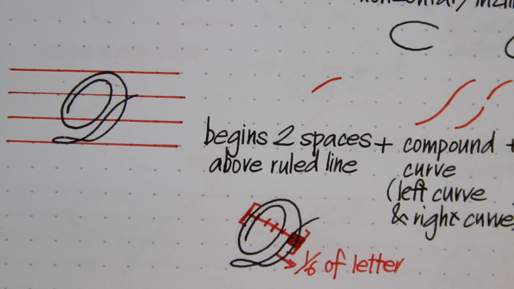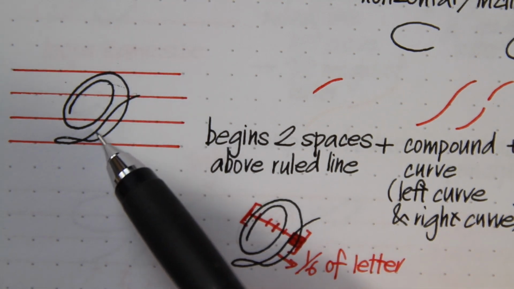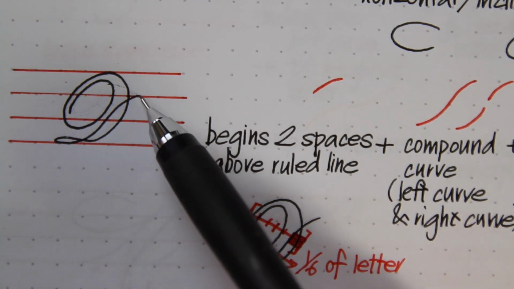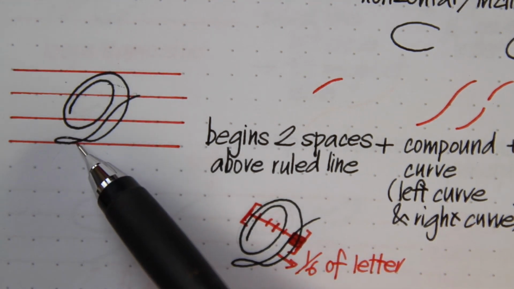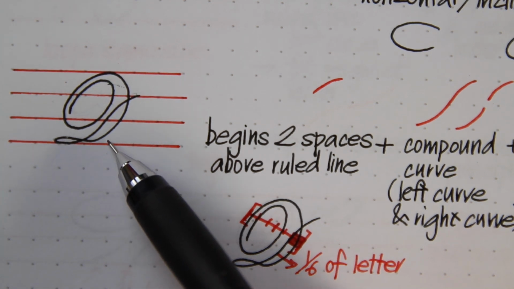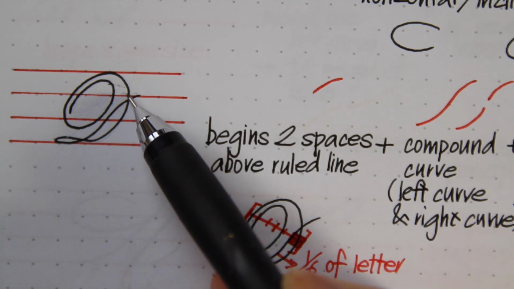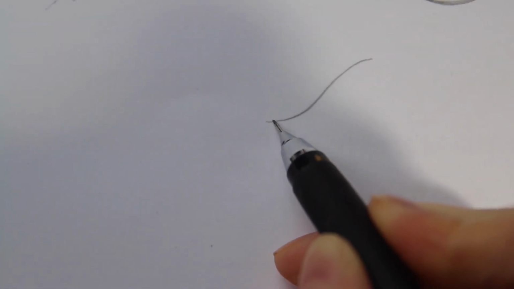Many people have a love-hate relationship with the letter D, and I hope this explanation will help you when you practice this letter. It begins 2 spaces above the ruled line with a compound curve. So when I say compound curve, think left curve, right curve, with a short turn at the base where we form the loop. Now, a very good idea of when you should start pushing your hairline up is to think of a figure 8. So after the compound curve,